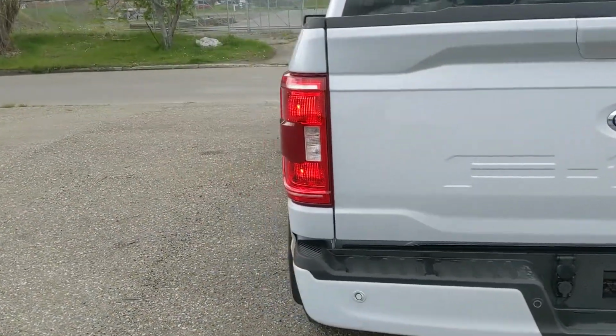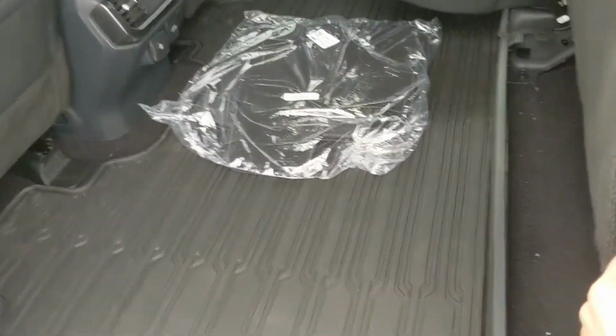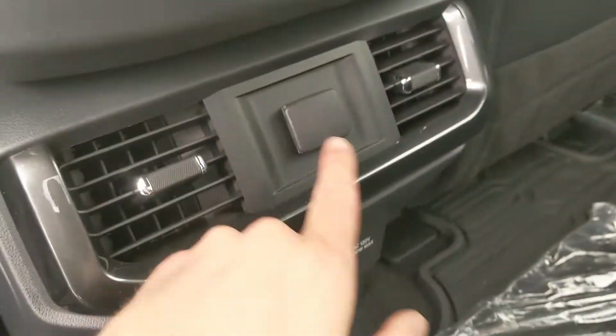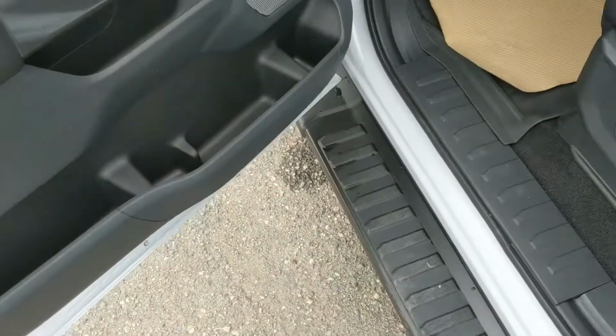But let's take a look inside. And the seats can be lifted up and out of the way to accommodate any other cargo you might want to put back here. And in the middle you have two cup holders with a 12 volt USB and USB-C and 120 volt power outlet. This truck does have a remote start, so no need to go outside on those cold mornings to warm up your vehicle. And looking in, you have power windows, power mirrors, and power locks, as well as a fully power